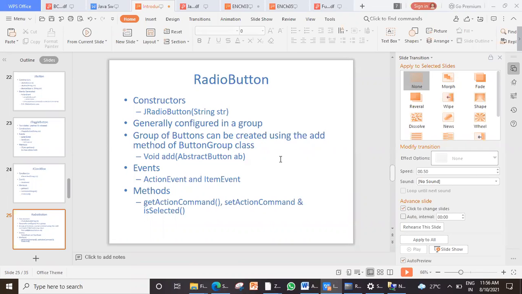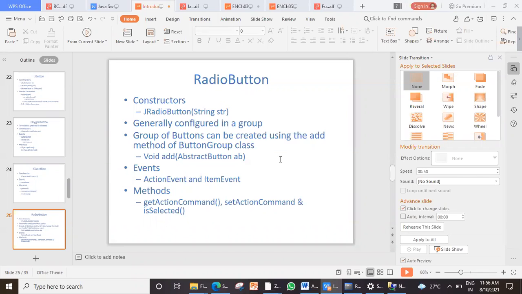Not here. To make those radio buttons mutually exclusive, initially they will not behave that way by default. To make them do that, we should tell them that there is only one space there, so when the other comes, you have to replace the place. To tell that, we have to create one group called a button group, and in that button group, we have to add these components. So first we have created them and added them on the applet. Then logically, physically you have added them on the applet, but logically they should form a group called a button group, and you should add it.